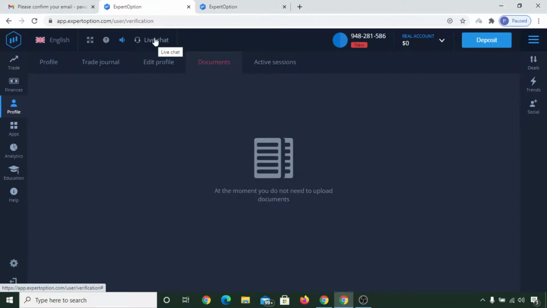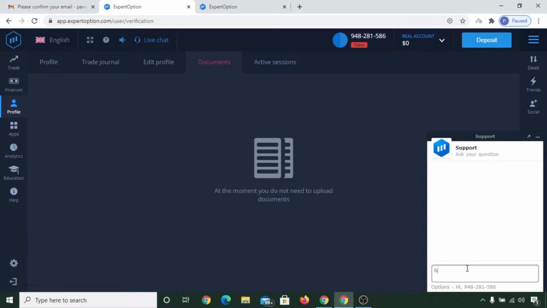What you can do to easily verify your Expert Option account is simply go to this live chat. Click on the live chat and the chat box will appear, and simply type: how to verify my Expert Option account so that I don't face any issue while depositing and withdrawing my funds. You can write this much, and you can simply